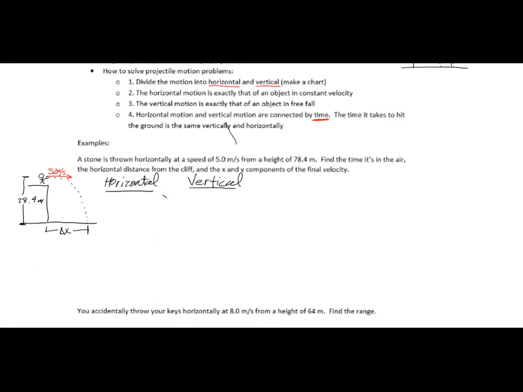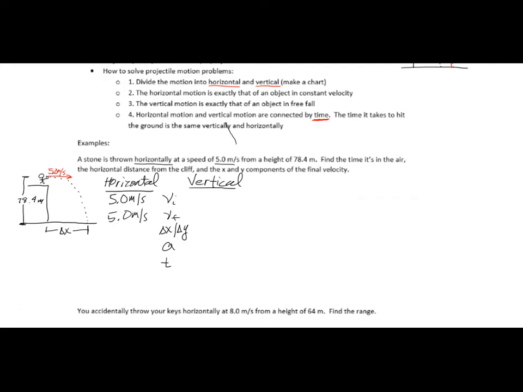All right, and then we have our kinematic variables. We've used these many times for linear problems, and we're going to use them in the exact same way. Just now we have two different sets of linear data, essentially. So we have a horizontal speed of 5 meters per second. That is our initial, and it is our final